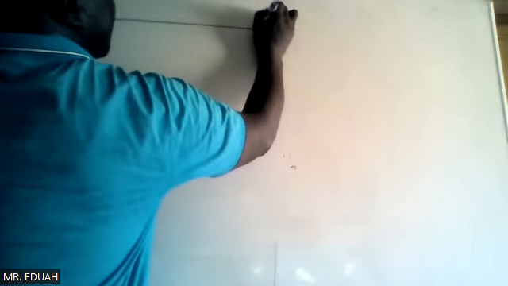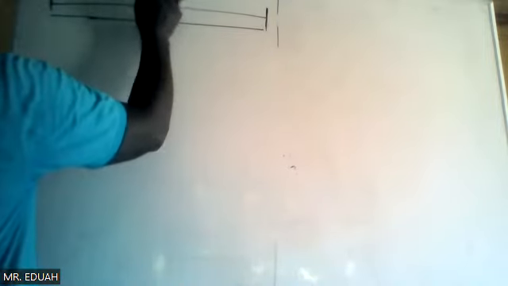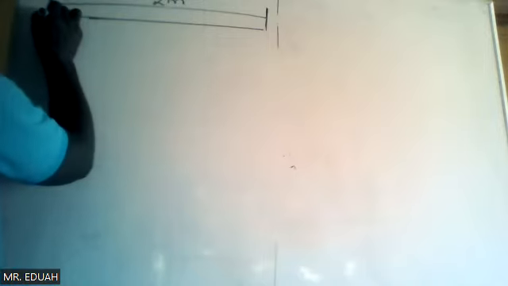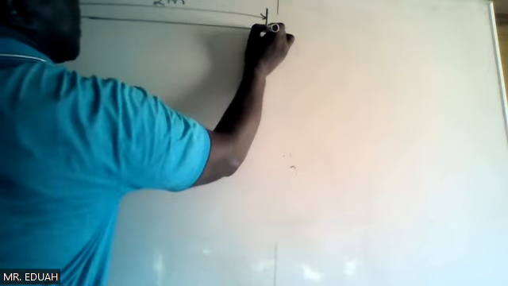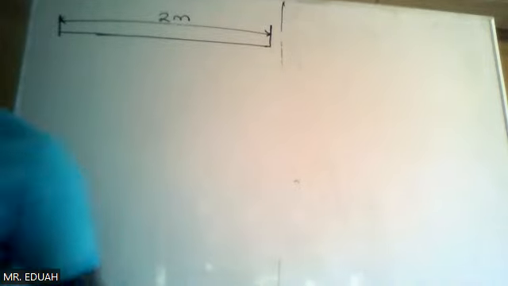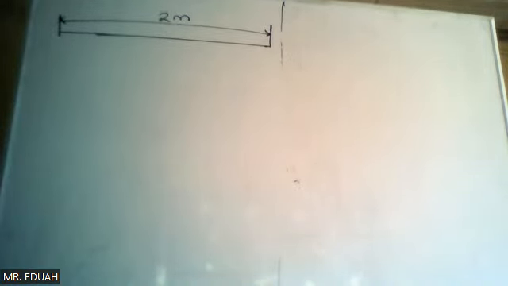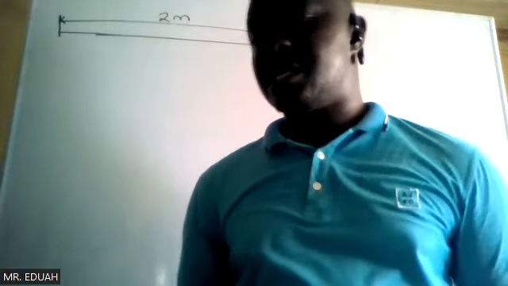We are told that the length is 2 meter. So the whole length is 2 meter. Its mass is 5 kilogram. Now, class, if you are told that the mass of the beam is uniform, then what all that